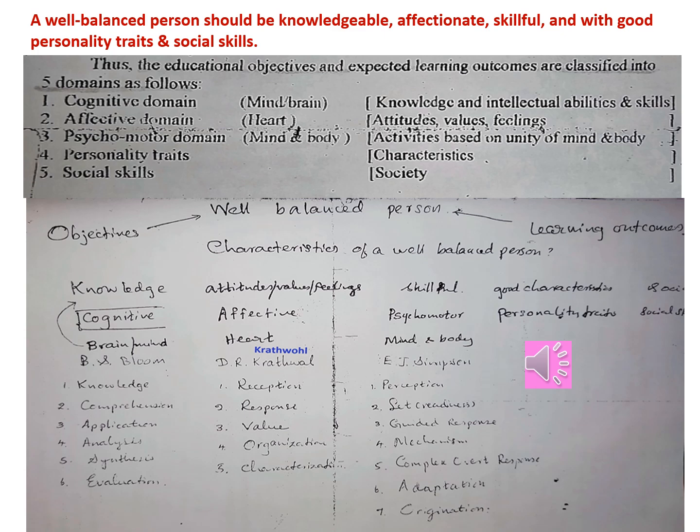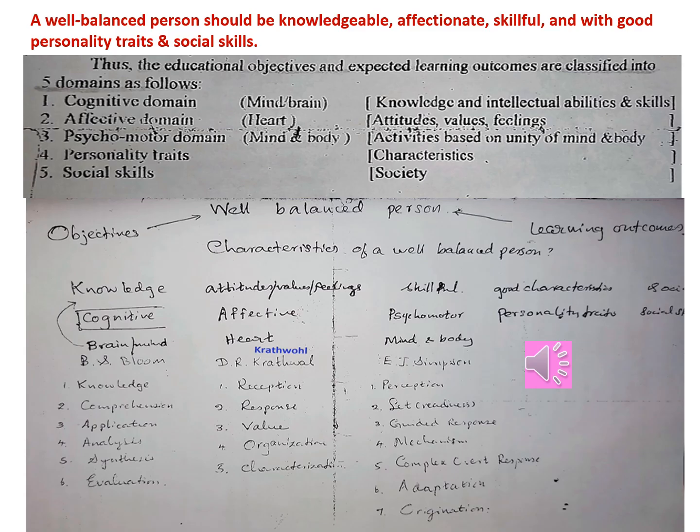Thus, the educational objectives and expected learning outcomes should be classified into 5 domains as follows. To produce a well-balanced person, our specific objectives and also the expected learning outcomes should be based on those 5 aspects. They are called the domains, right? The areas. First one, the cognitive domain,